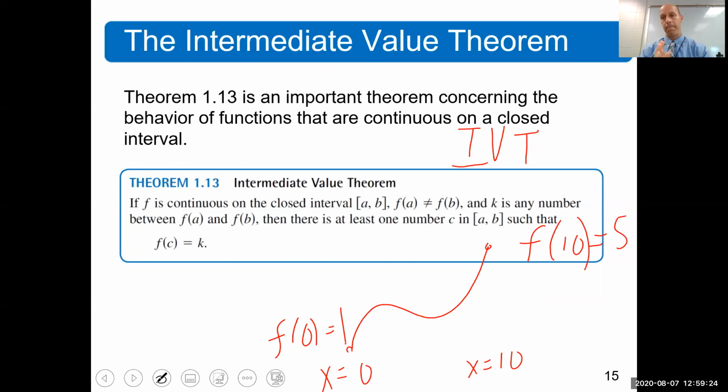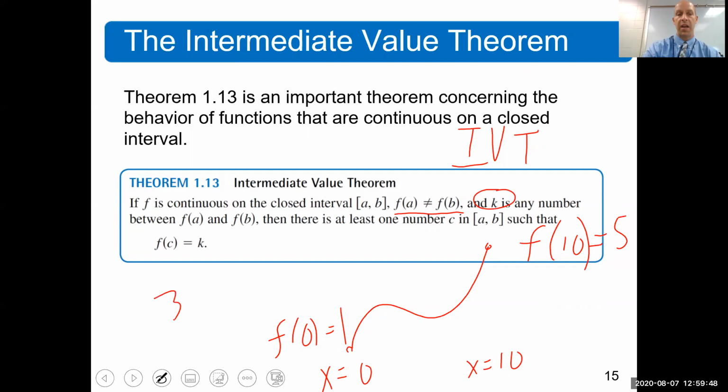Continuous curve, right? Would you agree that f of a does not equal f of b? In other words, f of 0 does not equal f of 10. They don't: this one's 1, this one's 5. Those are not equal. My claim is, if you give me a value of k that's between 1 and 5,